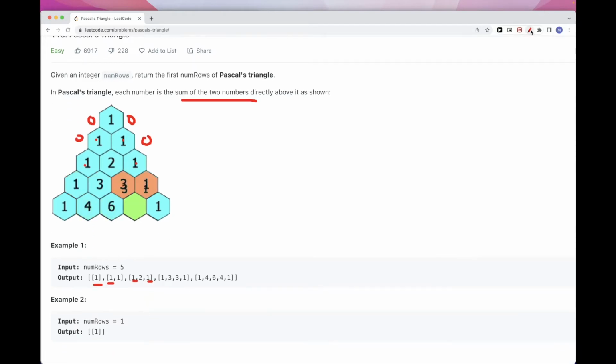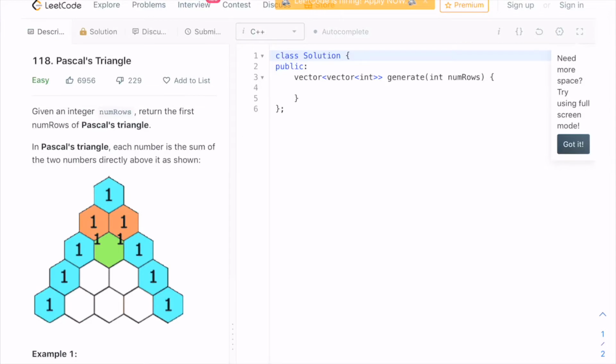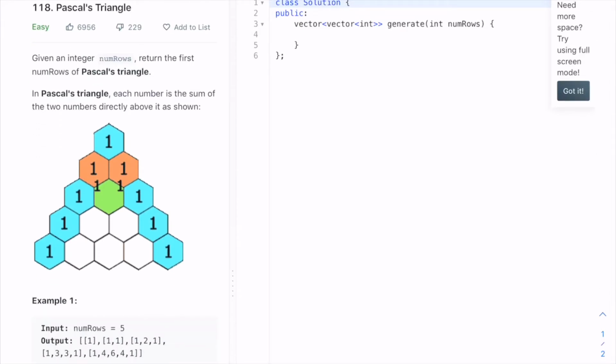Now let's see how we can solve it. Okay, so how can we solve this? The easiest solution, of course, is to just say, okay, sorry, this is not complete. So we have 3, 3, 4, 6, 4. The easy thing to do is to start with row 1, okay? And after that, we can just